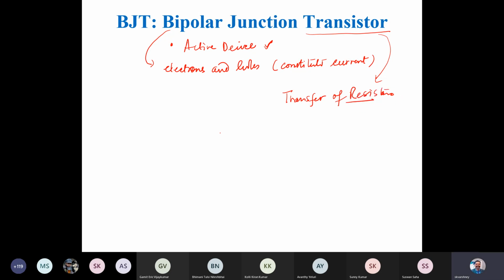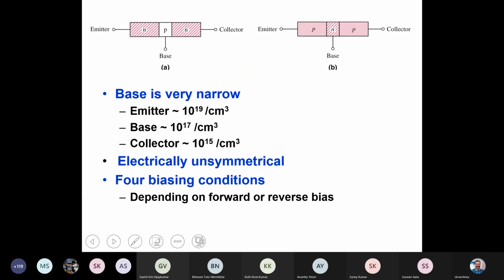That's how it got the name transistor, because you go from low resistance to high resistance, which will become clear. The device you can think of as 2 PN junctions, or 2 diodes, put in series, but actually it looks like it has 3 compartments, as shown here.